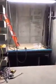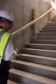And again, you can see that they're completing the installation of the second elevator. So this is the one that is just down the hallway from the west entrance. So this is the stairwell we just came down, but we'll make our way back up the stairwell so we can give you a feel for